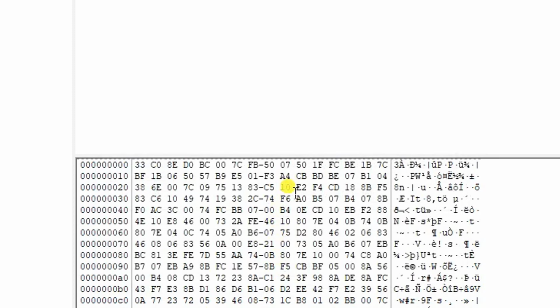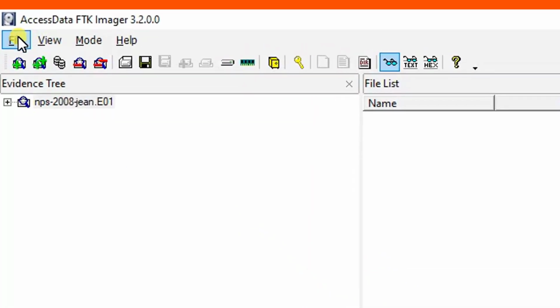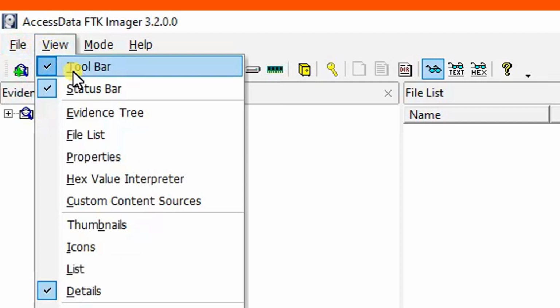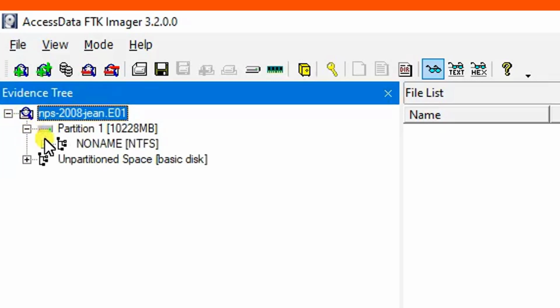After verifying that the signature of the image file is okay, here I'm going to do something. Let me click on view, right? Then let me click on properties.